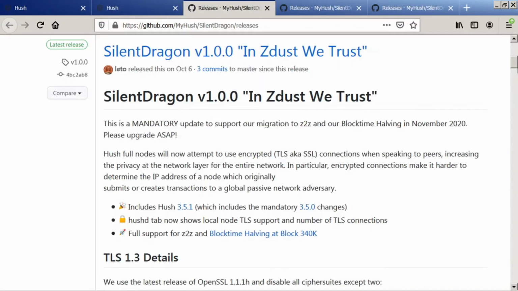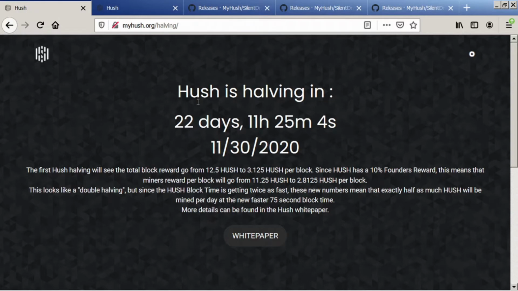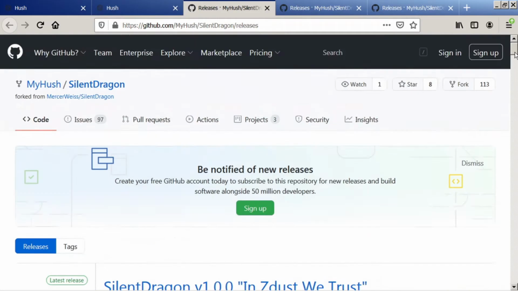Please make sure you install the new version, which is 1.0.0, because this is a mandatory update to support our migration to Z2Z and Blocktime Halving in November 2020. If you go to myhush.org/halving, you can see the exact date when the halving will happen. Then we scroll down